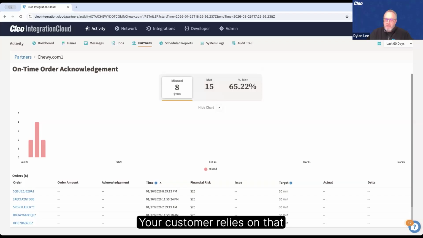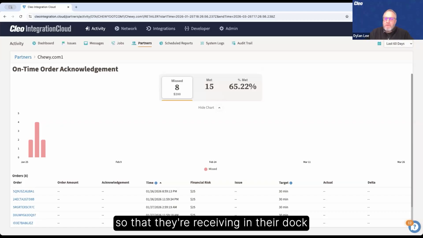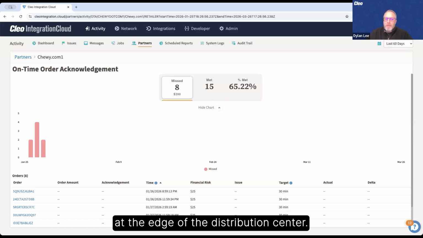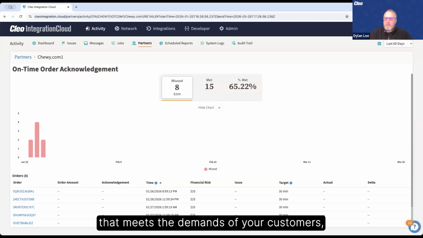Your customer relies on it for warehouse planning, for receiving, for having the shelf space ready, and for organizing the number of inbound trucks so that their receiving and dock space flows seamlessly, and you don't end up with a bunch of trucks idling in line at the edge of the distribution center. So the key is not just one document succeeding or failing in isolation, but whether it is successful within a set business process that meets your customers' trading partner requirements.